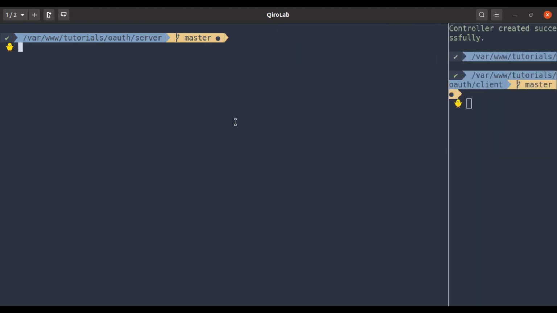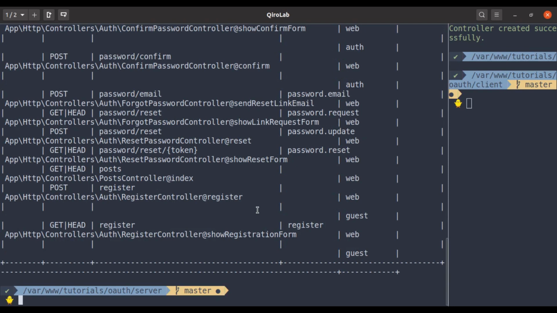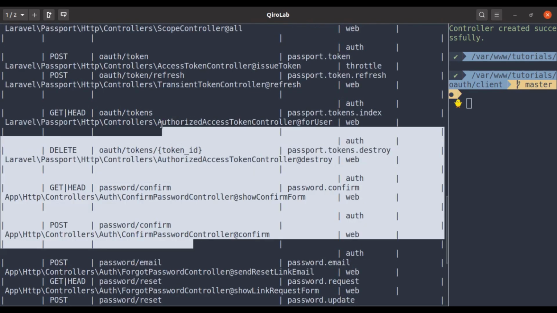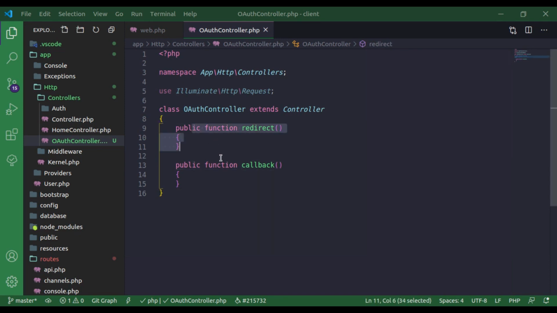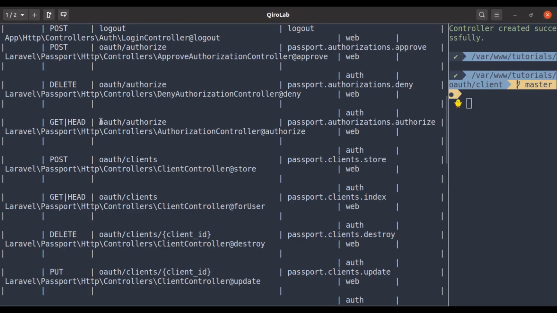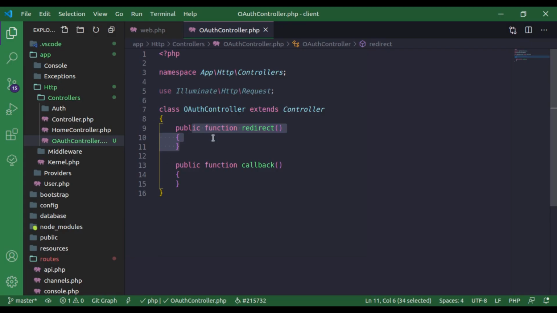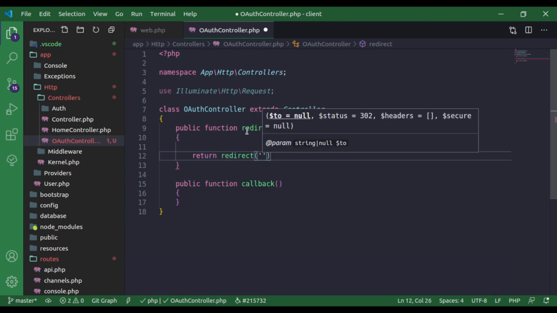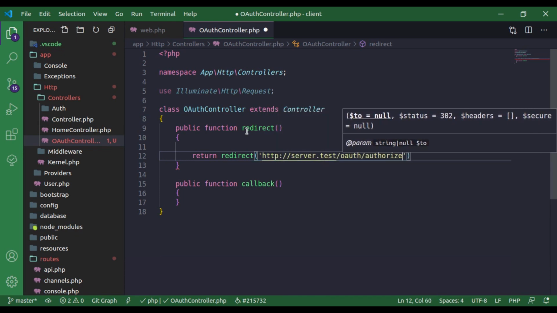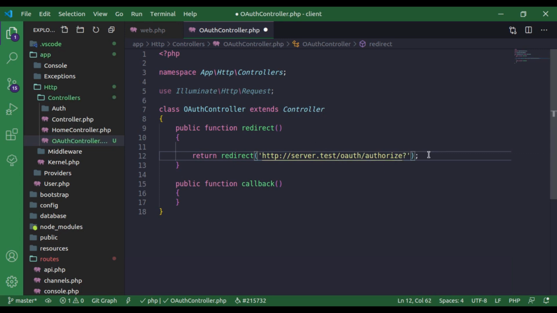Now in the terminal, in the server app, if we see php artisan route:list, in this route list you will see that Passport has created these many routes. We are going to focus on this oauth/authorize route. So from the client app, in this redirect method we will redirect to the server's oauth/authorize path. So in the client app, here in the redirect we will say return redirect, and here we will pass http://server.test/oauth/authorize. Next, here we also need to attach some queries,